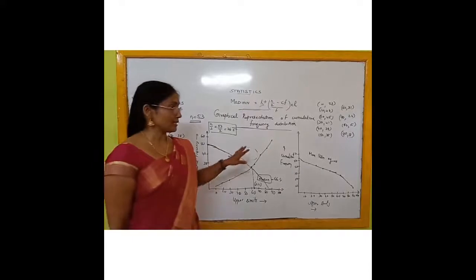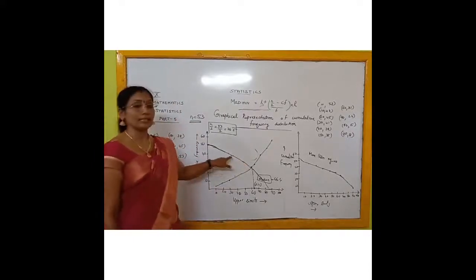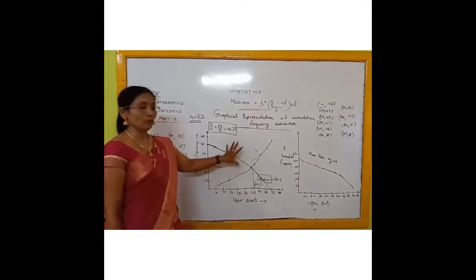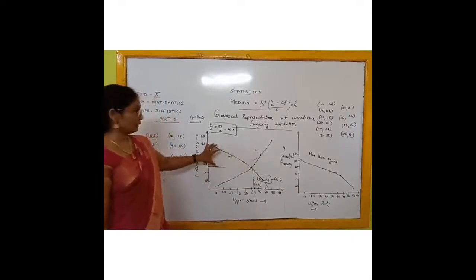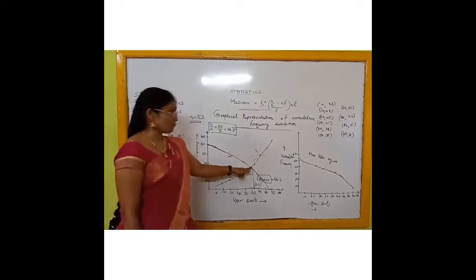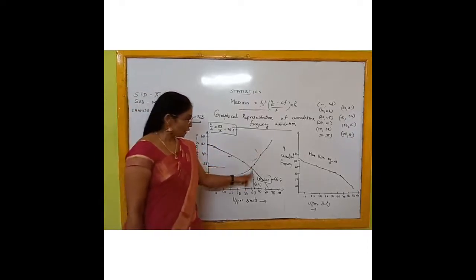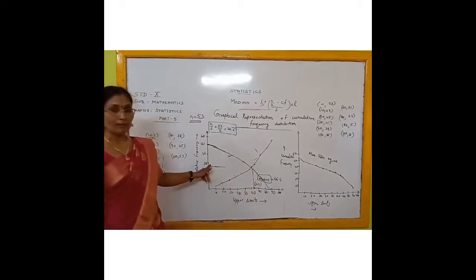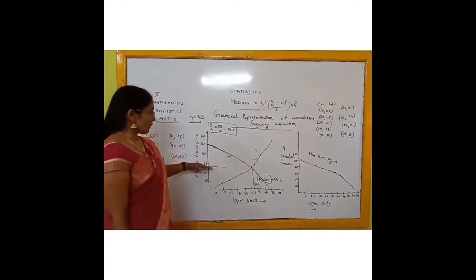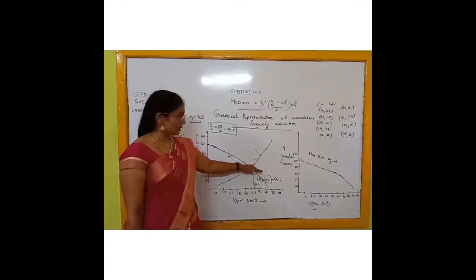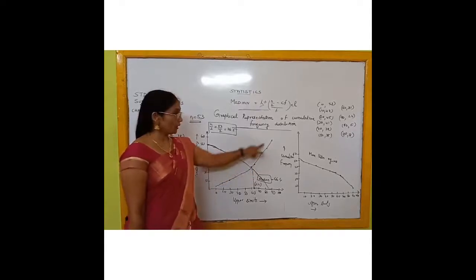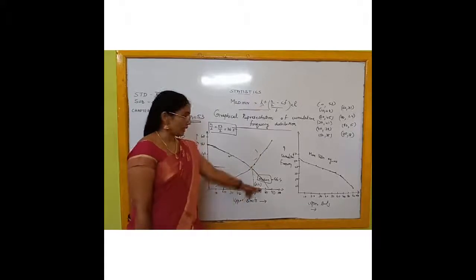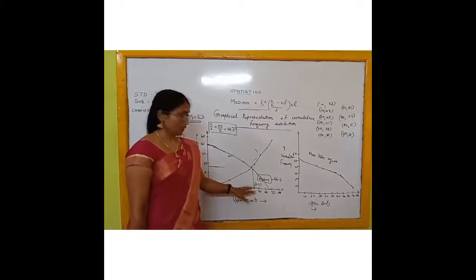Now you might have understood that sometimes it may come in the examination as a 1 mark question also. That means the graph representation will be given and you have to find the median from the graph. So how do you find the median from the graph? If both graphs are given, you take the x-coordinate of the point of intersection. Suppose only one graph is given, so n will be given. You take half of n, draw the parallel line towards the graph, and from the point where it touches the curve, draw a perpendicular line towards the upper limit. That will be the median of the class.